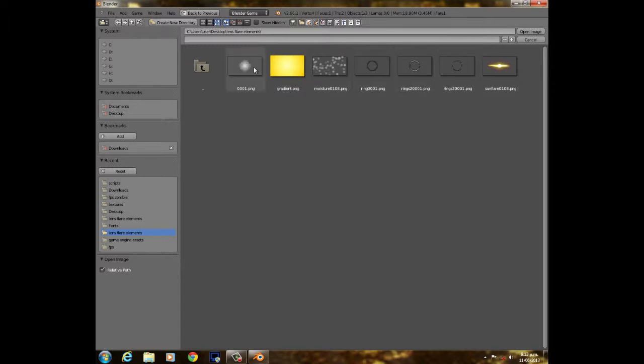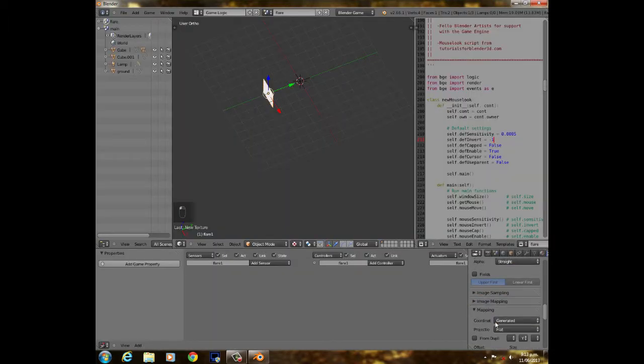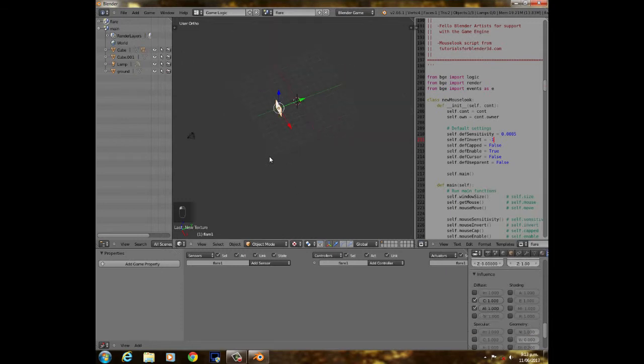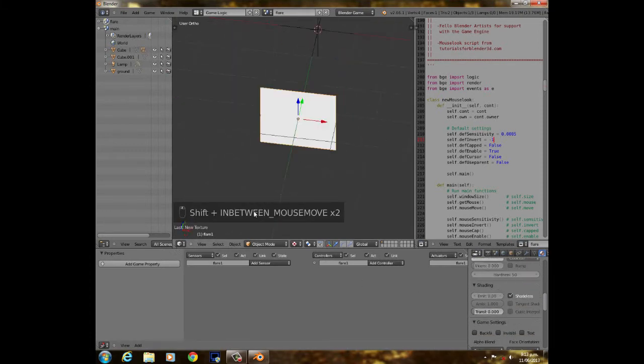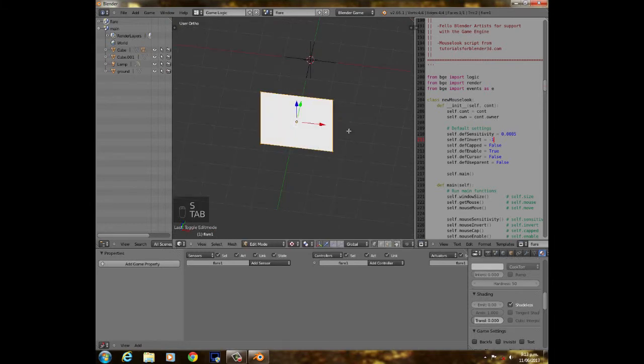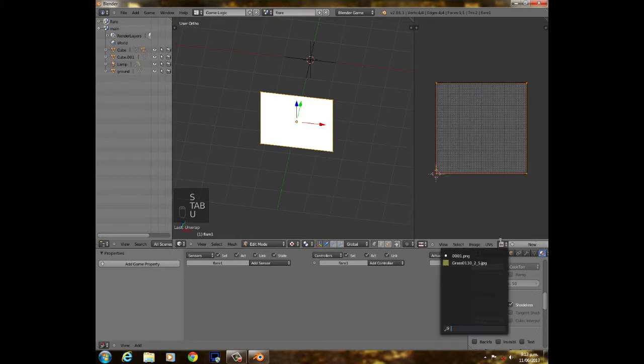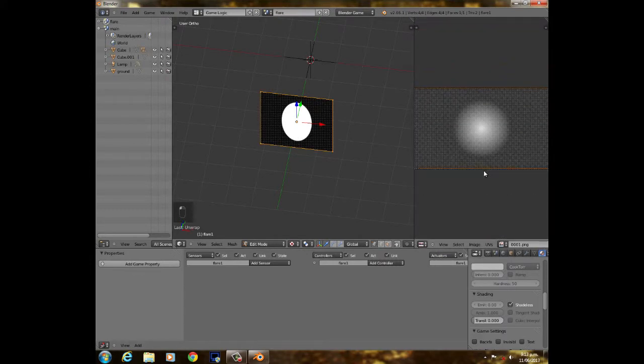So let's make that a glow. We're going to have to add them all eventually anyway. UV, alpha, and in the materials as well, select shadeless, just so we don't get any annoying bits and pieces. So press S, tab, U, unwrap, UV unwrap it, and then select O1 or glow, and S, scale X or